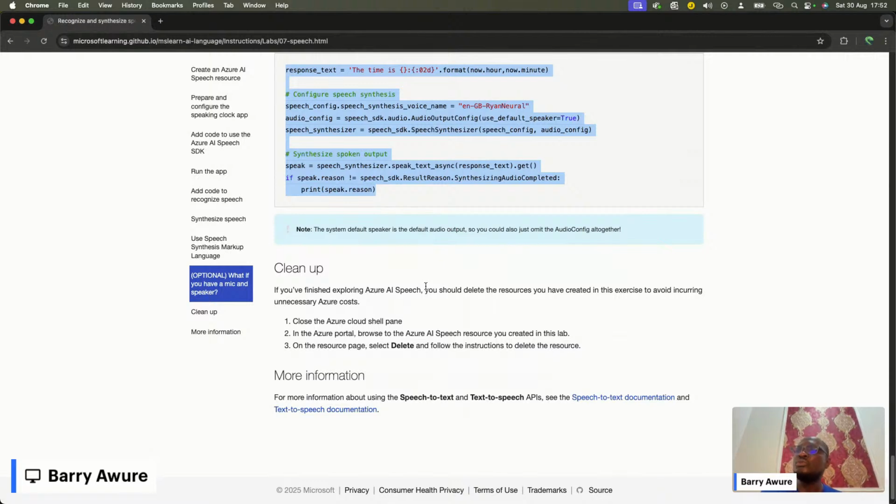So once you know what you want to achieve, just go to Azure Foundry and search for the right service and get the SDK for those services, and then plug it into your application, and you have your AI enabled application as easy as that. So that will bring me to the end of this class.